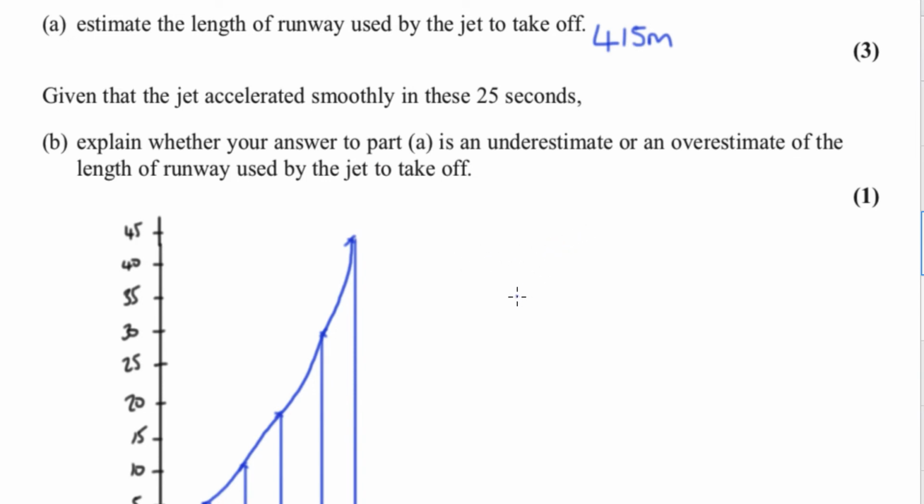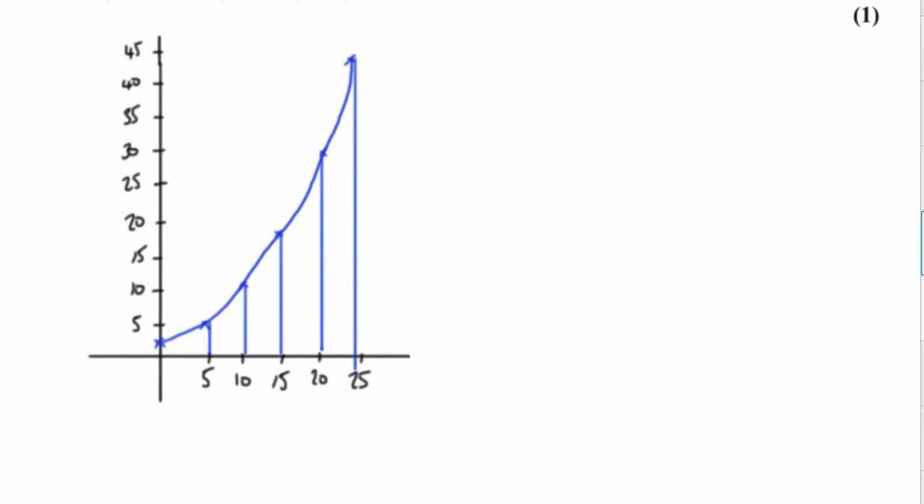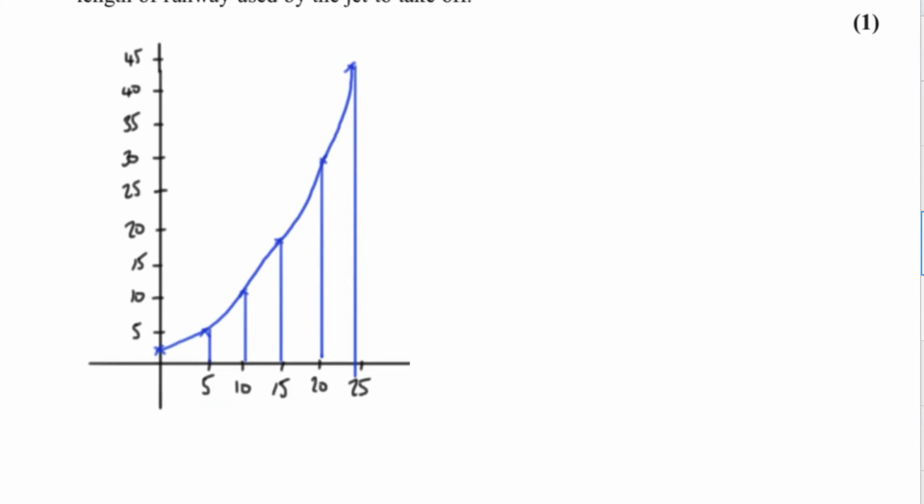Okay, it says given that the jet accelerated smoothly in these 25 seconds, so this is a smooth curve between here, like I've drawn it, rather than it being wiggly. It's telling us basically that it's a uniform acceleration from each of these points that it's measured at. Do we think that the answer is an underestimate or an overestimate? So the answer to this question is that it's an overestimate, and the reason it's an overestimate is because the